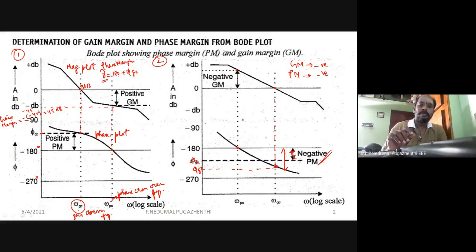Okay, fine. So with all these introductions to Bode, let me start dealing with the problems. We will consider this problem. This is problem number 1. My first step is reading the statement of the problem. It says that for the given transfer function, draw the Bode plot and obtain the gain crossover frequency. We will try to obtain all the frequency domain specifications possibly, like gain margin, phase margin, and omega PC, the phase crossover frequency also.